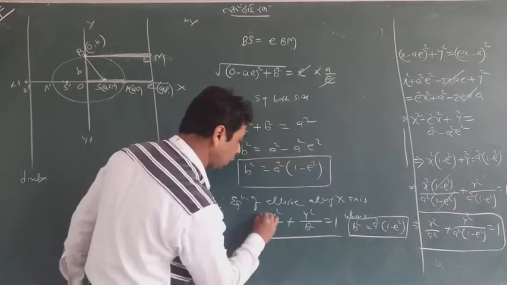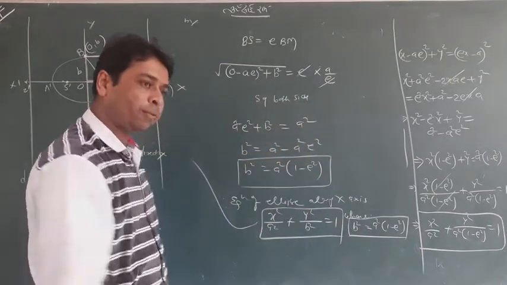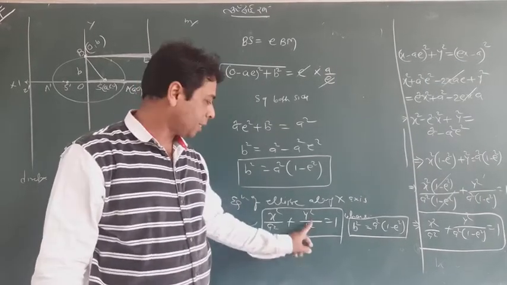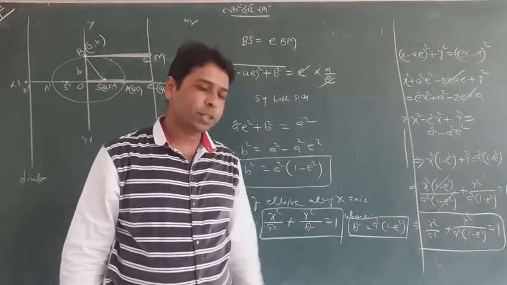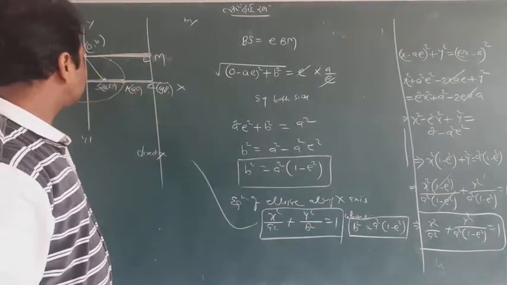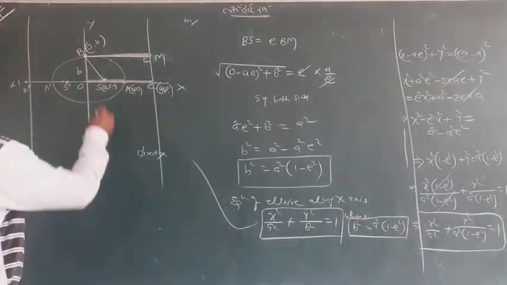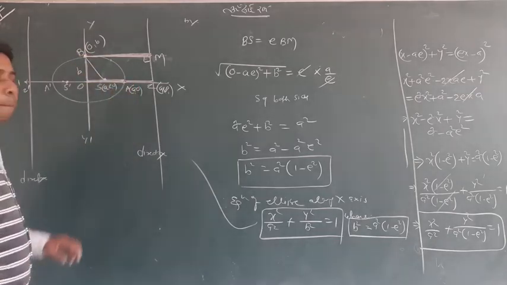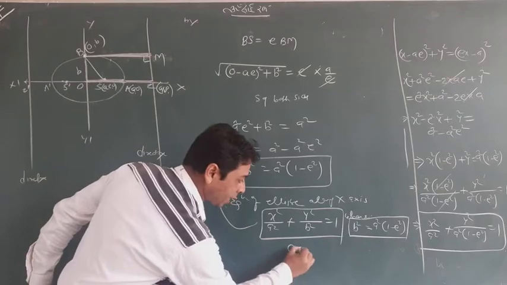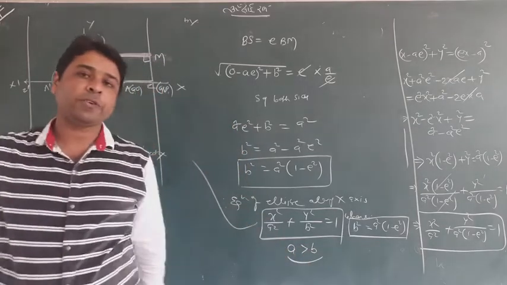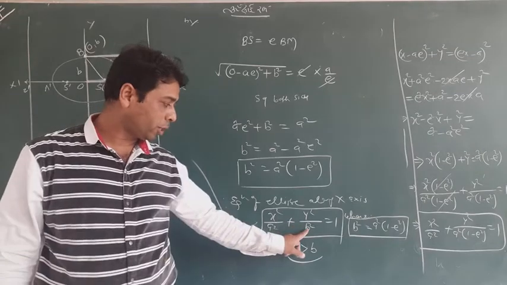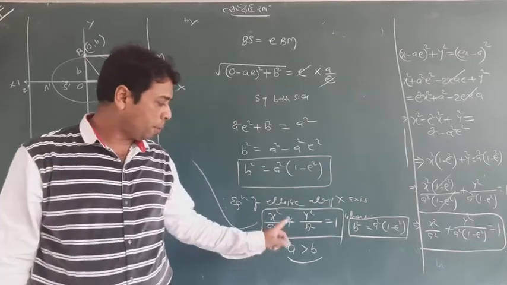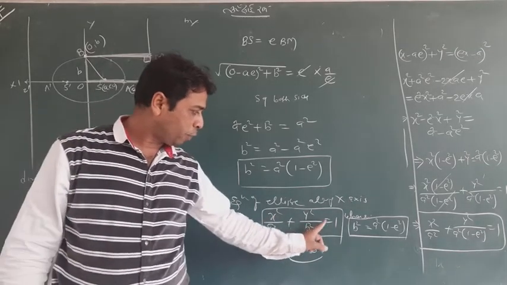That is very important. Along with that, student, you remember the formula x squared upon a squared plus y squared upon b squared equal to 1, but it is not actually b squared, meaning a squared times 1 minus e squared, and that distance is b. Now can you think that this distance is a and this distance is b, which is greater? Definitely this is greater, because it is along the x-axis. So I would say that a is greater than b. When the value a is greater than b, you should understand that it is the ellipse along the x-axis. So keep in mind, that is its general equation.